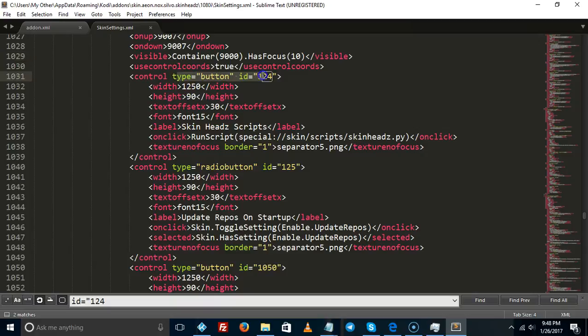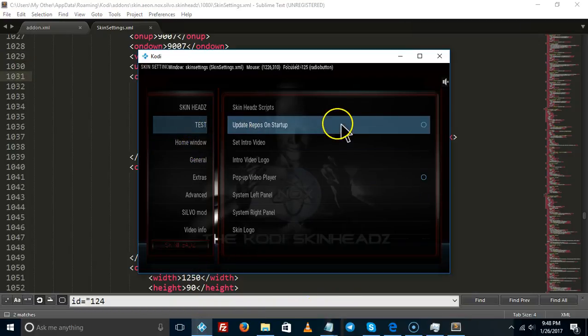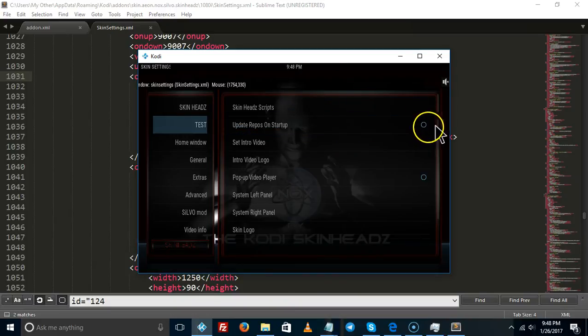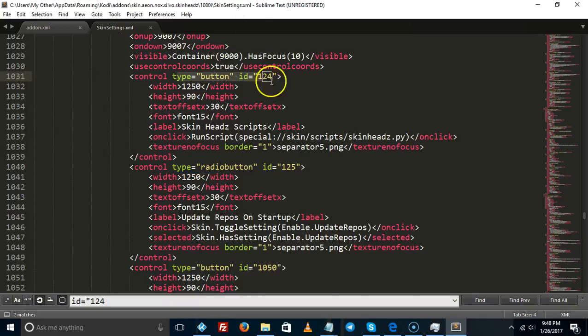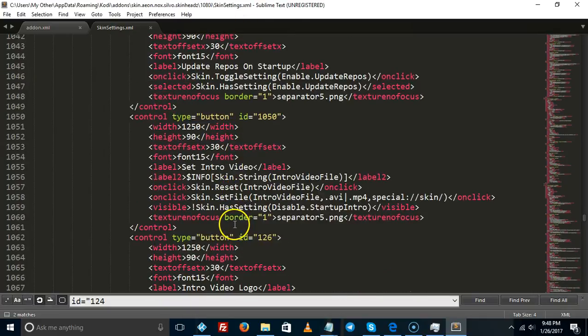So there's this button right here. Okay. It does a command whenever you press it. This one's a radio button. See, it has the enable feature on it. And this one should be a button as well. Yeah. So mainly you're going to be using buttons for the most part to activate something, right? You could do something to where it'll pick a few options, but usually we use a button for that anyways,